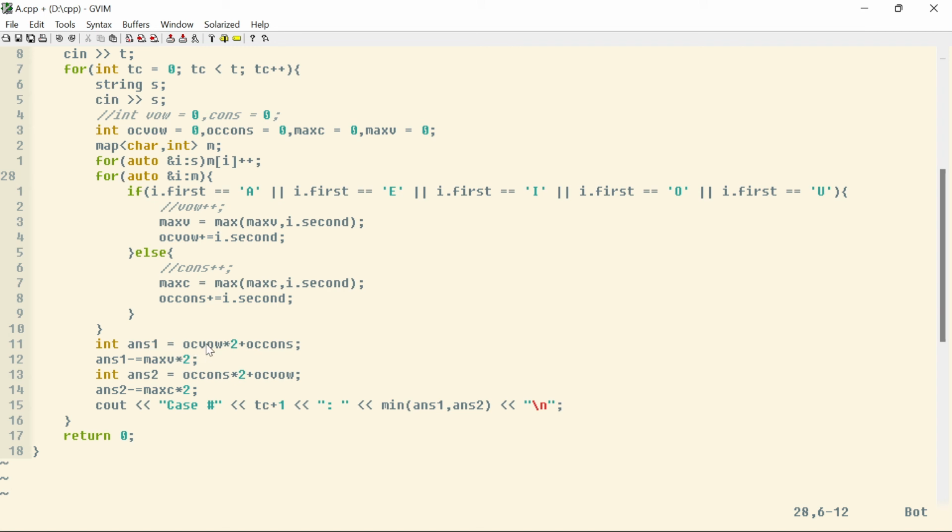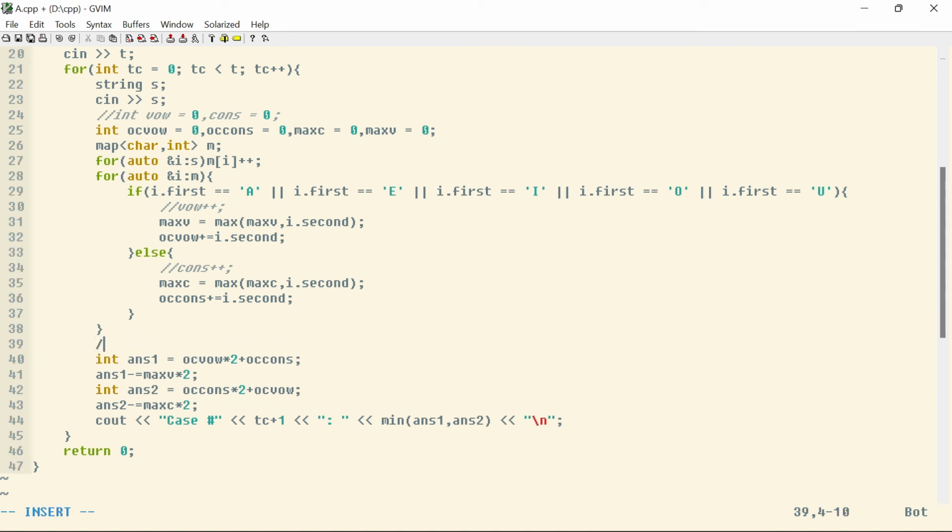Answer one is converting everything into vowels. The vowels count should be multiplied by 2, because to convert to vowels we have to use 2 seconds, and consonants as it is. The maximum occurrence of a vowel we don't want to change, because that's what we have to change the entire string to.